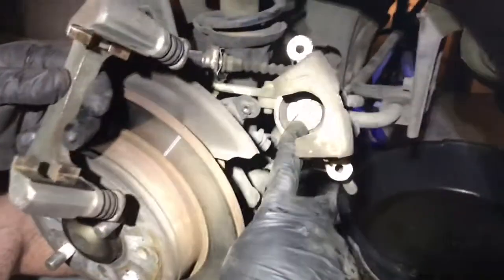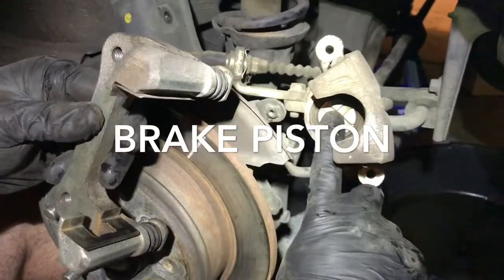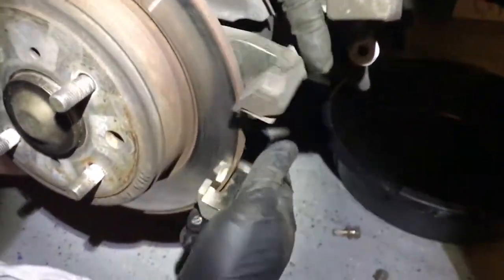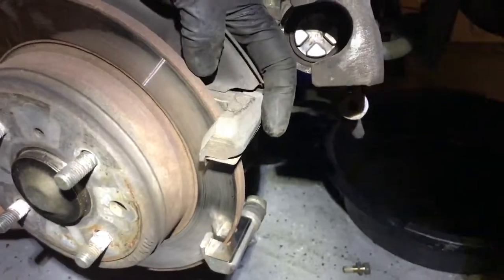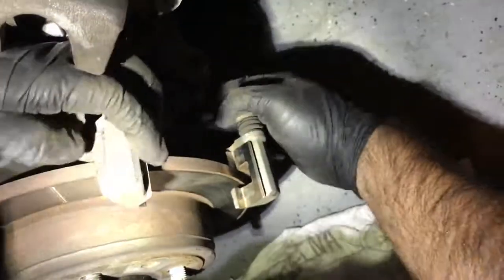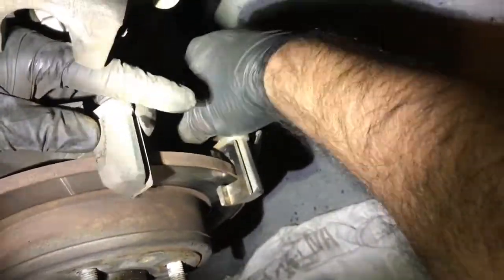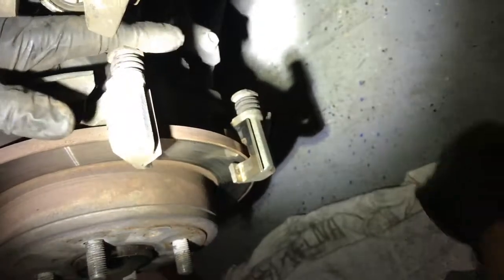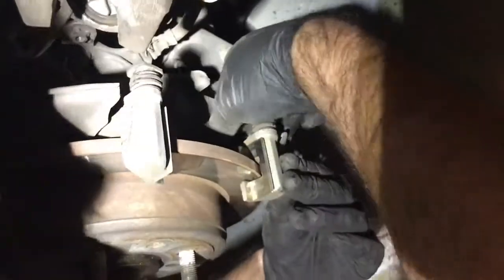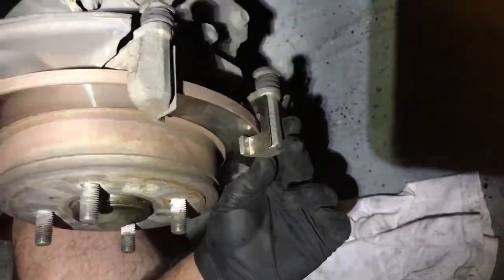I've already backed out this. So anyhow, it's backed up already, ready to go. So I'm just going to set this back in, bolt it down, put my brakes in, and as I said, the way it came out is the way it goes back in. Everything goes in pretty well. Tighten this up with your hand, and